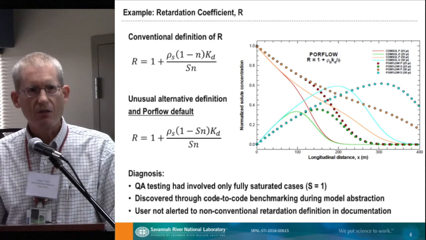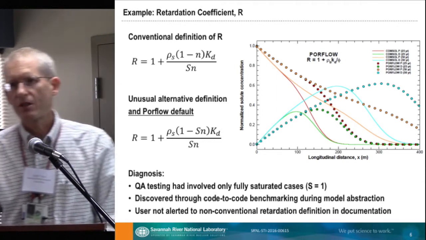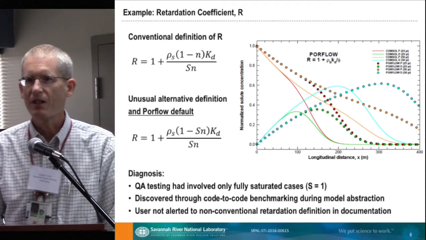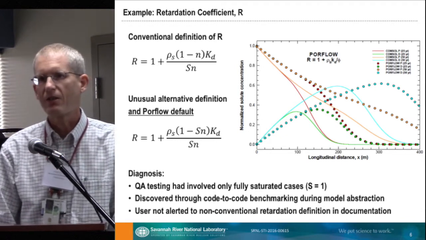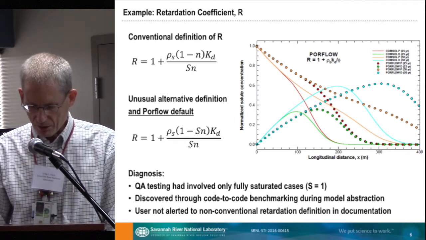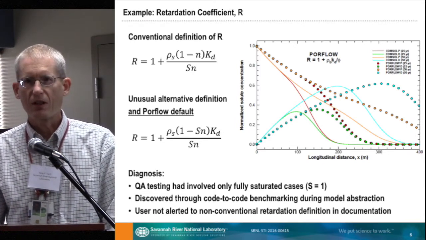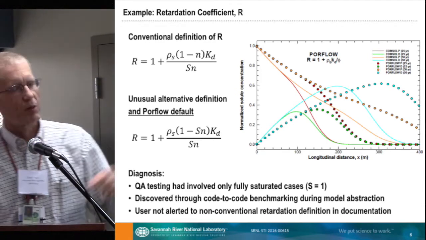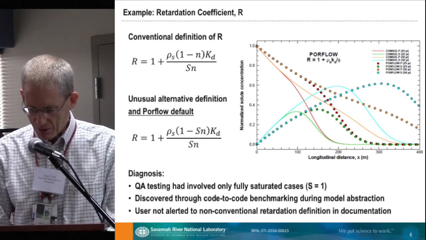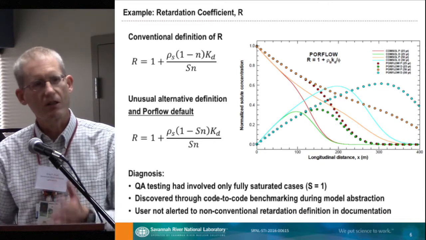we discovered an issue with the retardation coefficient. So in the upper left here, I've got the conventional definition of a retardation coefficient. This is actually the only way I've seen it defined or used in any other analysis or code. But it turns out PoreFlow has an unusual alternative definition, and it ends up being the default definition that's shown below here. And when we ended up going through the right code-to-code benchmarking exercise, we identified this difference in retardation